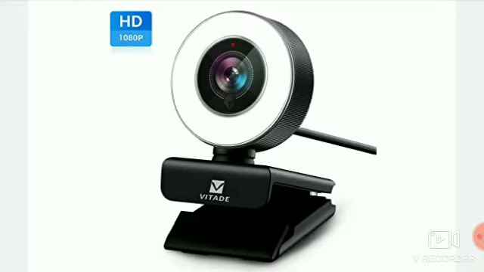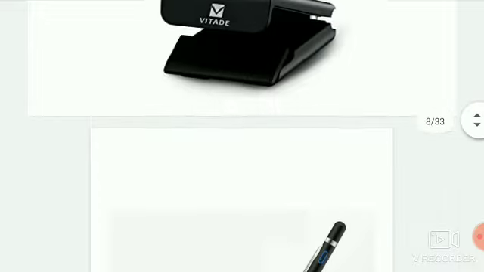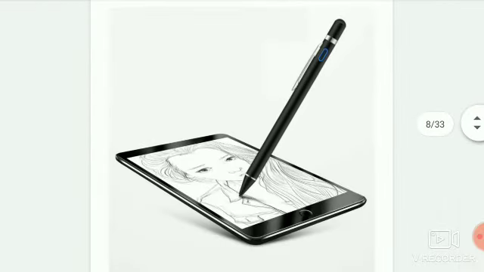Then the next input device is stylus. It is a pen or a pointing device similar to a pen. We use it to make selections and enter information by tapping on a touch sensitive surface.